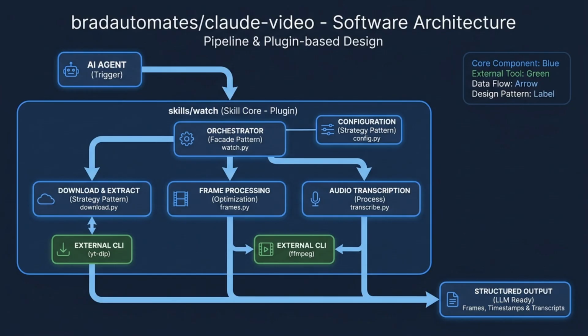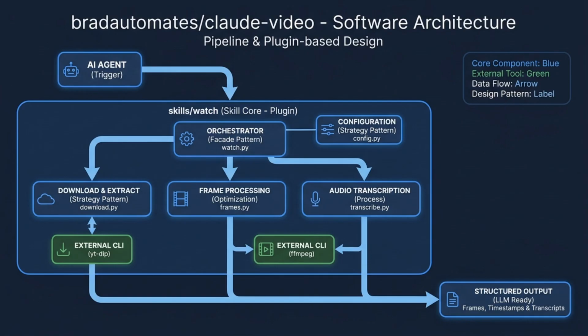Let's break that down. First, there's the smart frame extraction. An efficient mode can grab just the keyframes for speed, while other modes use scene change detection to find the most relevant moments. After that, it runs a unique deduplication algorithm. This process compares tiny grayscale thumbnails of each frame and throws out any near duplicates. This is key, because it ensures the AI's expensive token budget is spent only on visually distinct information.